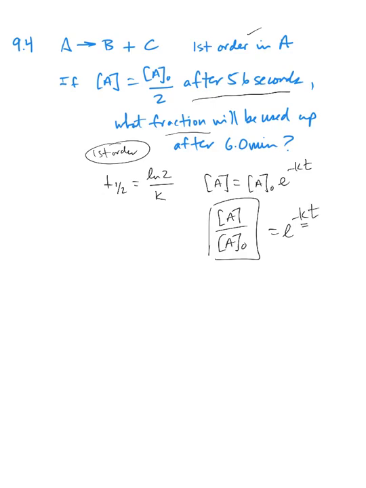Knowing what the rate constant is is essential, so let's use the half-life information first. So if I rearrange the half-life expression to 0.693, which is the